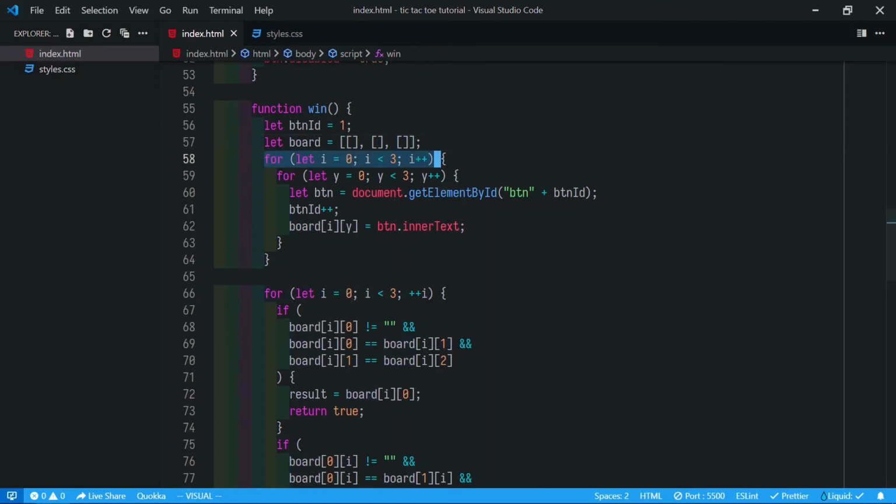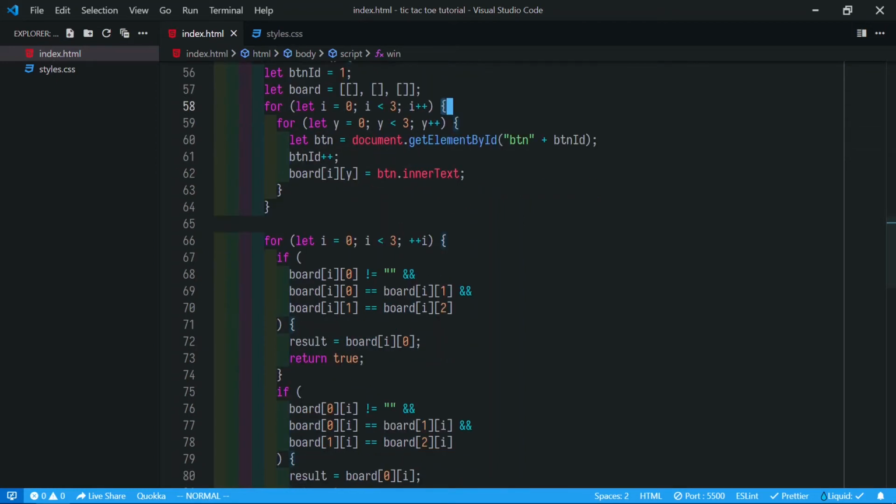So we loop over. First we have the loop for the rows, then for the columns, and we get the button by the button plus id, and push its inner text into the board.